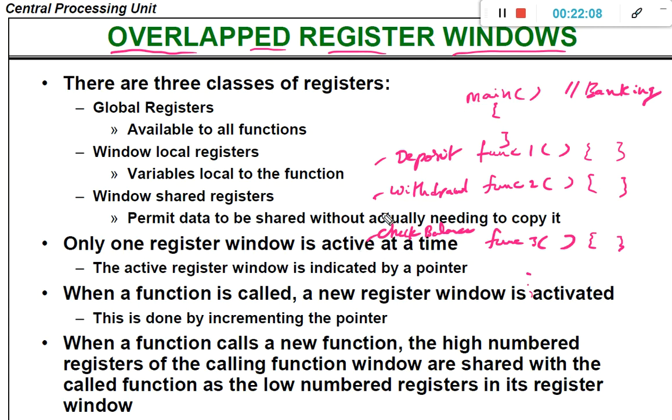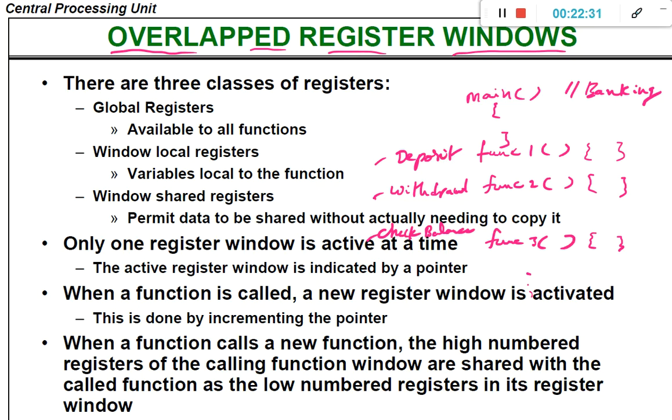So that's why here we need to bifurcate the number of registers available and allocate the registers to all of the different functions as well as the main function. Some of the functions may need shared registers also.